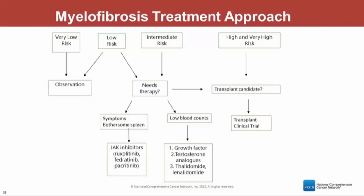Now, if patients have low blood counts, there are a variety of different medications that can be given. One is growth factors. The most common is a medicine called EPO, or erythropoietin. That's a hormone normally made by the body, but we give higher doses of that to stimulate the bone marrow to make more red blood cells. Then we can use medications that are similar to testosterone, which can sometimes help to bring the red blood cell counts up. And then less frequently, but occasionally used, are the medications called IMiDs, thalidomide or lenalidomide, which are pills, and those can be given with or without